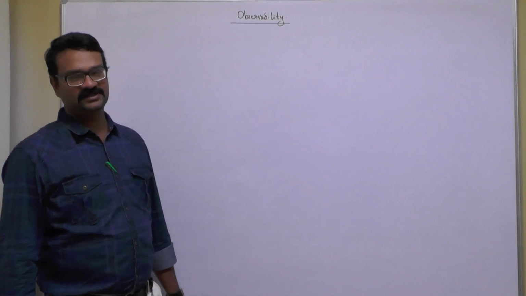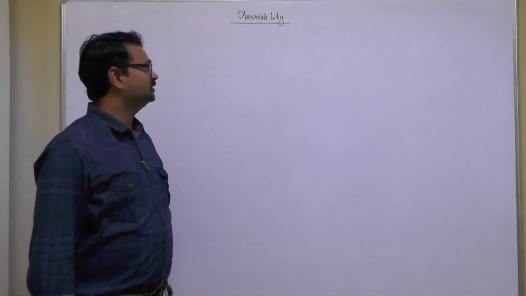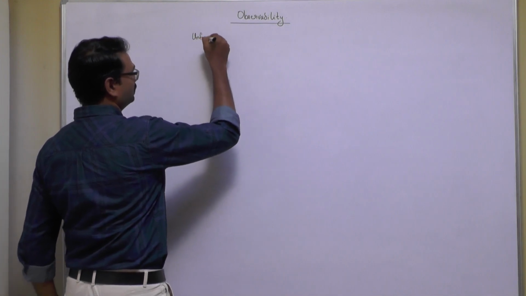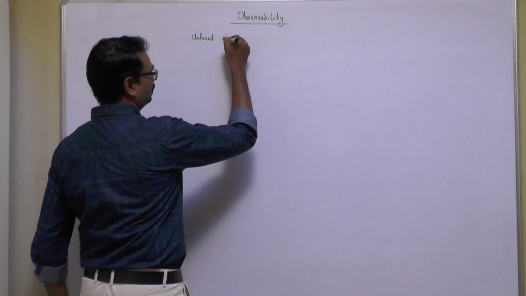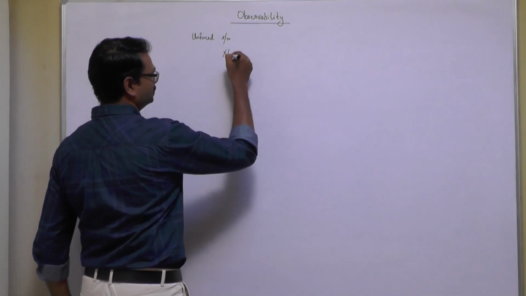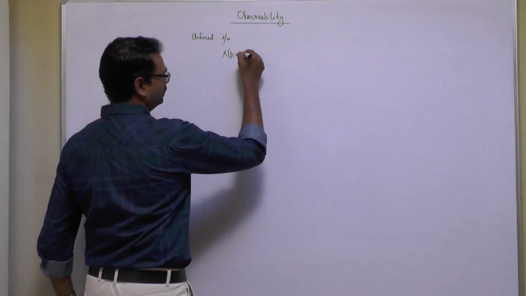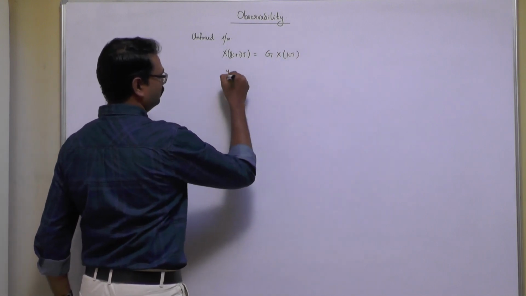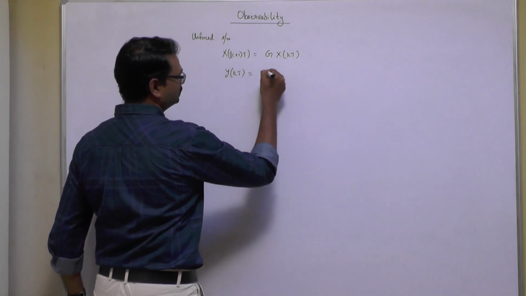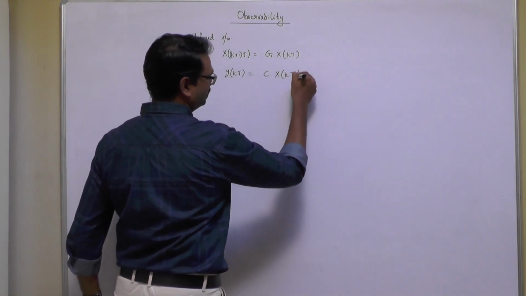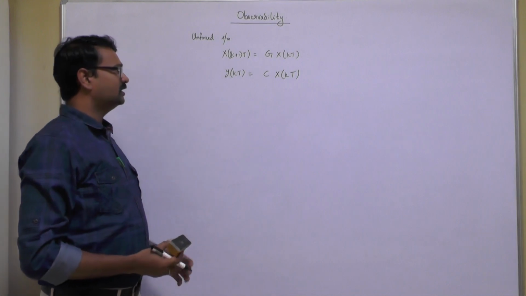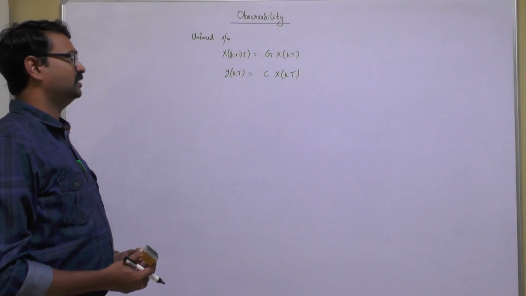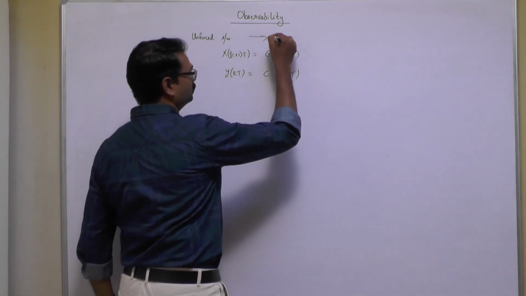In this lecture, let us discuss observability. What is observability? Let us consider an unforced state equation, or unforced system. Let us say it is x of k plus 1t is equal to g into x of kt, and y of kt is equal to c into x of kt. Let us consider this equation, and that is an unforced system in this case, when our input u of kt is